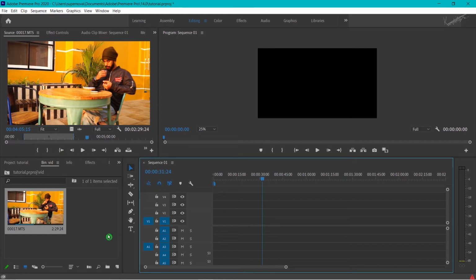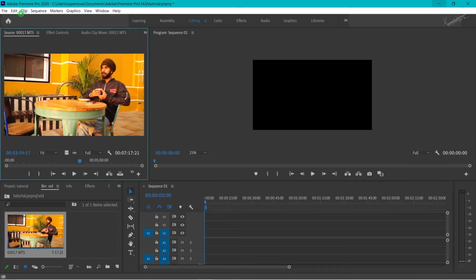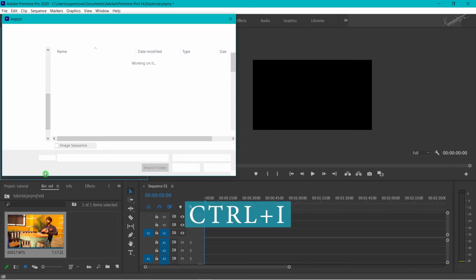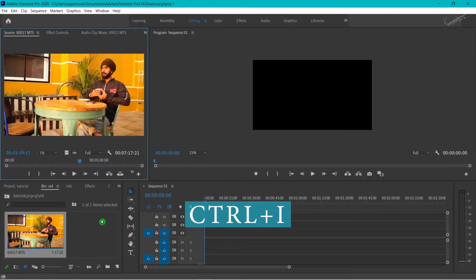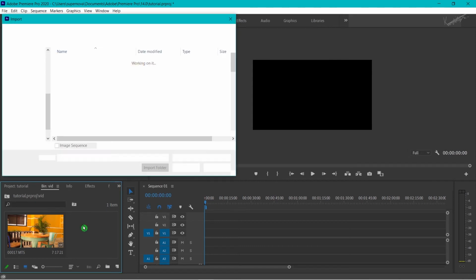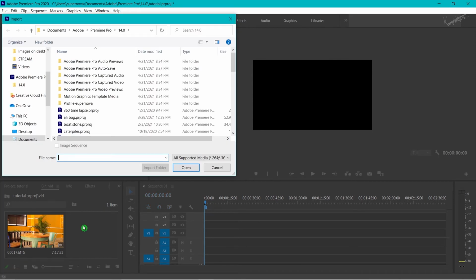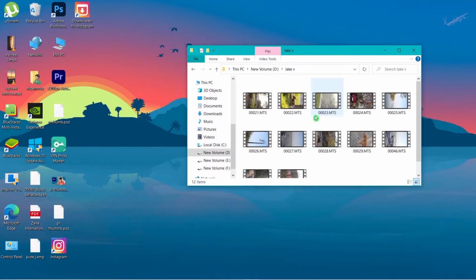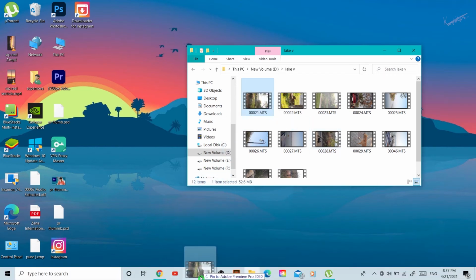Now how to import a file for editing. To import a file in Premiere for editing, there are some ways to do so. First one is go to Menu, then File, then Import, and the shortcut for that is Ctrl+I. Or right-click the project window and select the Import option from the list, or double-click the project window. An import window will be displayed after the completion of this step. This window helps to navigate to a location where the files used for editing are stored. And one of the simplest ways to import the file is to just drag and drop the file in the project window.